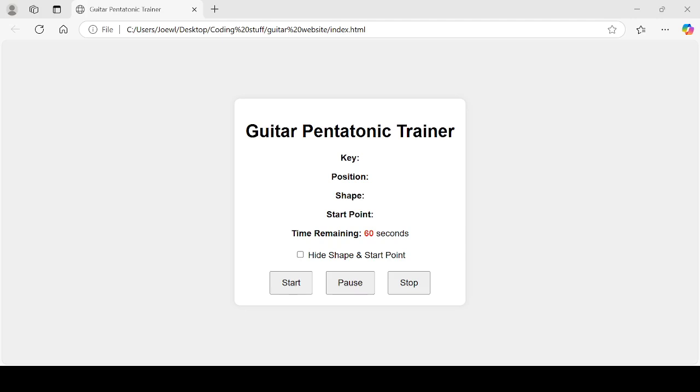But I only need a few more prompts here. Like I might want it to stay in the same key. I might want to jump between 1st and 5th position in exactly the same key, and I could ask Grok to add some checkboxes for that, and it will do it in just a second. I'm sure that I could ask it to put in a few extra checkboxes to change the time. Maybe I only want to stay in one key for 30 seconds at a time, or I want to extend it to 3 minutes. But it's just literally a question away.